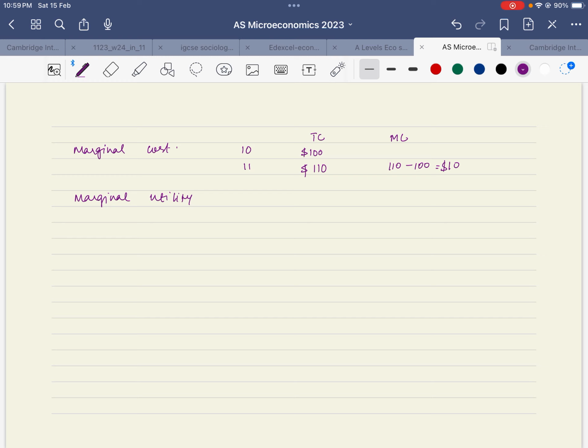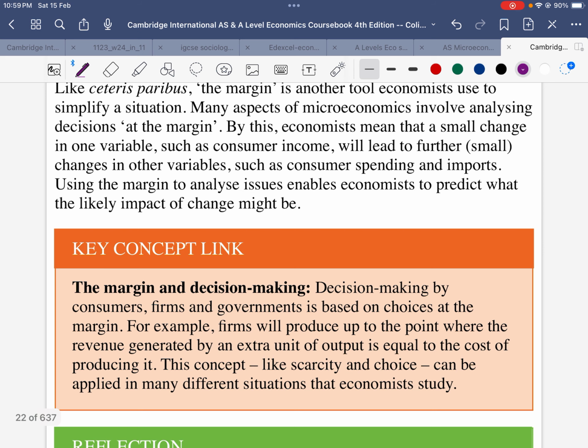Now, if we are using 10 units of a good or service, the total utility or total satisfaction that we are deriving out of it is 25 utils. As soon as we start consuming 11 units, the satisfaction becomes 27. So, marginal utility becomes 27 minus 25 equals 2. It's not in dollars, it's in 2 utils, right? So, let's see what the book is saying.